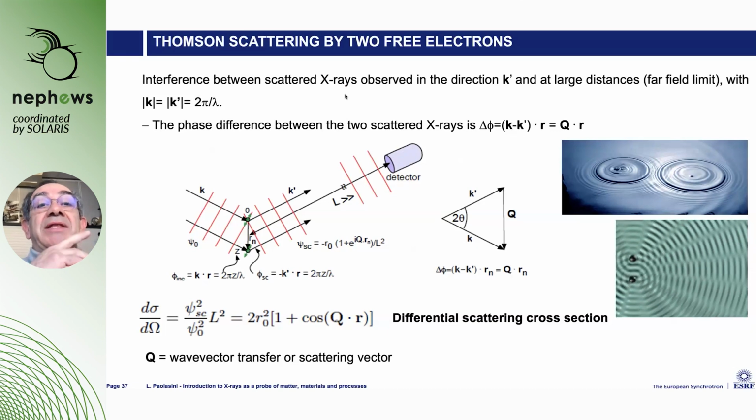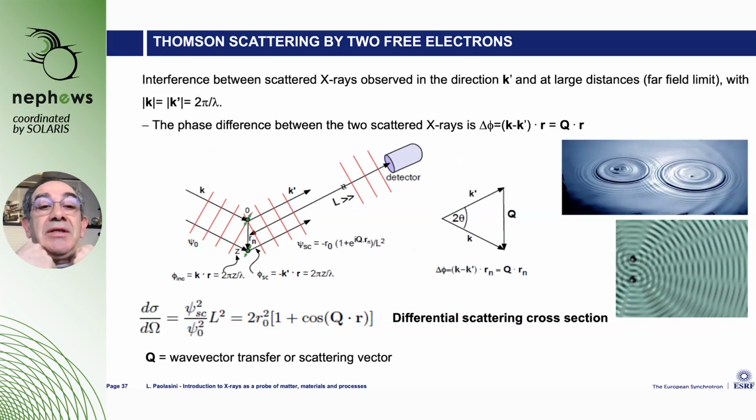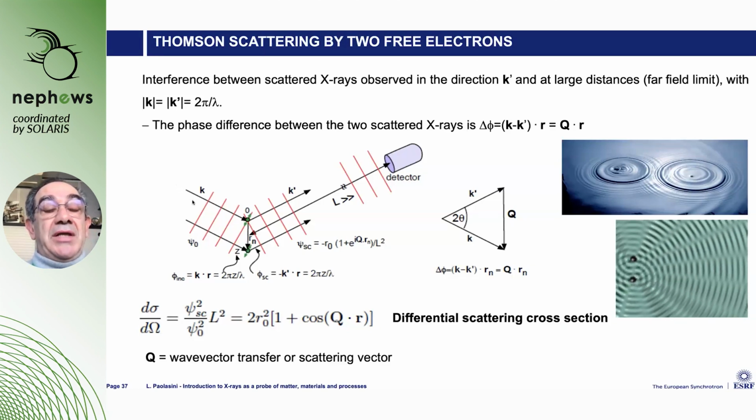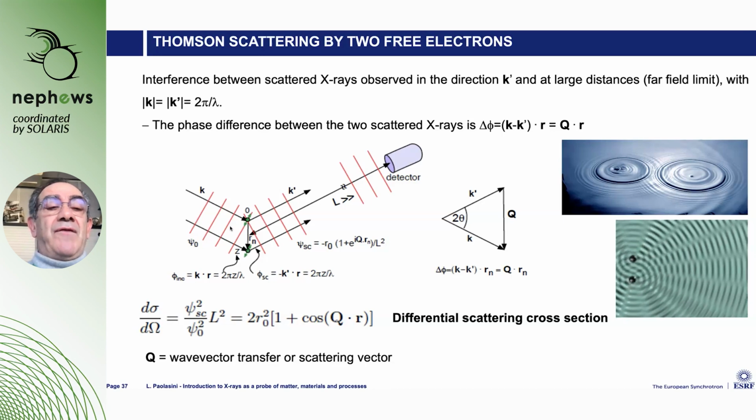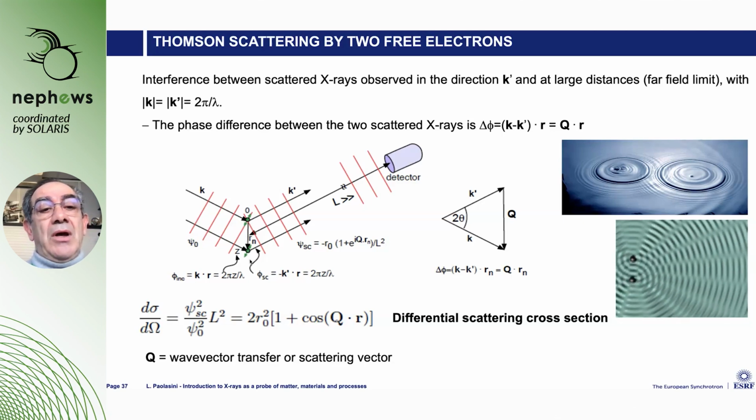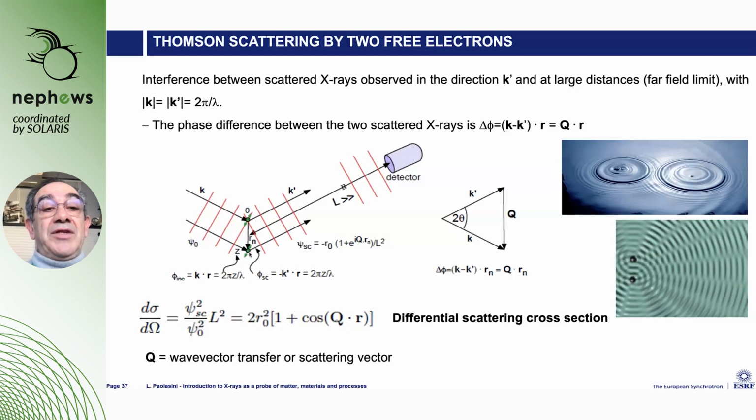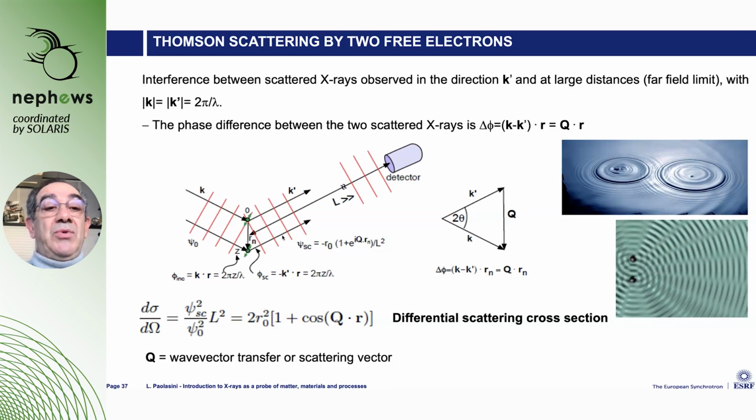Coming back to the Thomson scattering, let me see what happens when we consider the interference between the emission of two electrons when they experience an X-ray beam. In this case, the detector is very far from the two electrons, and we choose the origin on the first electron. The second electron emits radiation which has some phase shift, indicated by this expression, exponential of i Q dot Rn,